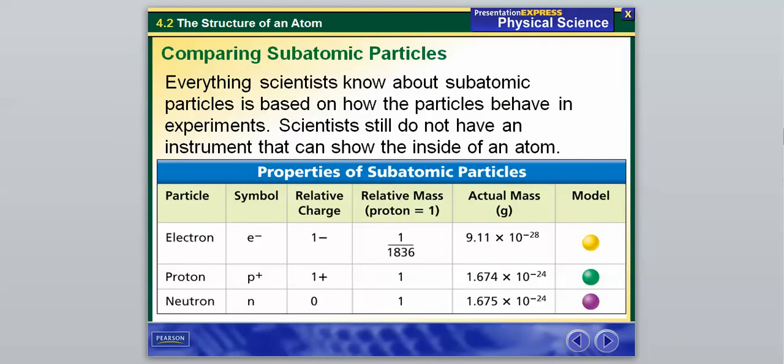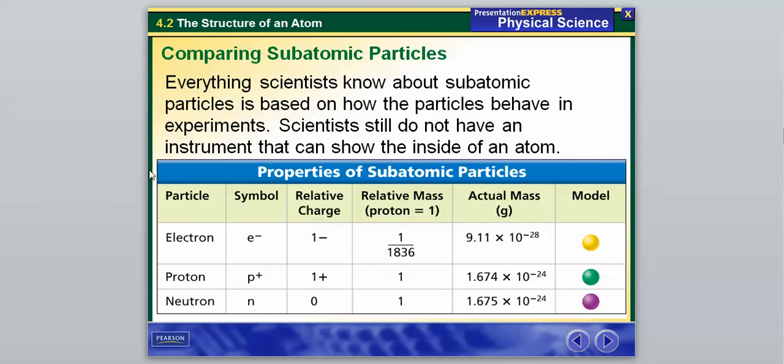And everything scientists know about these particles is based on how the particles behave in experiments. Scientists still do not have an instrument that can show the exact inside of an atom. So this chart right here just gives us some general